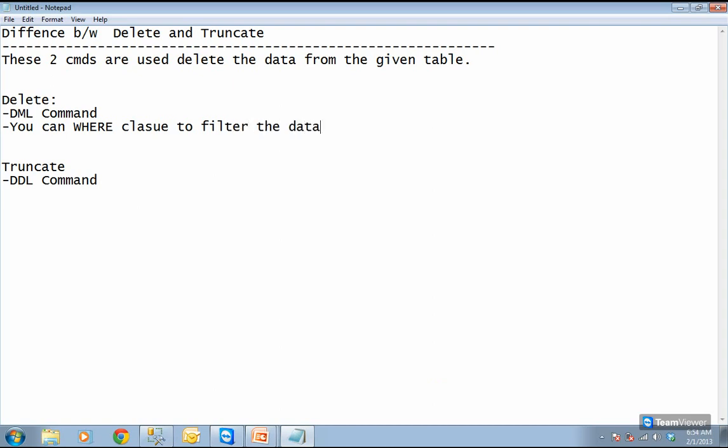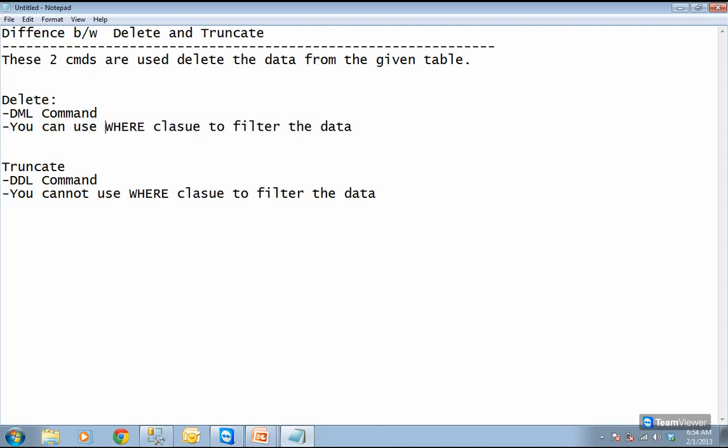But since truncate is a DDL command, we cannot use a where clause. So that is another difference we need to understand. You can use a where clause to filter the data in delete, whereas in truncate we cannot use a where clause to filter the data, since it is a DDL command. That is the second thing.